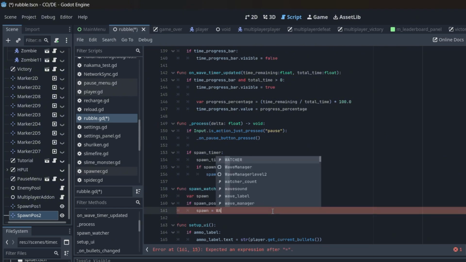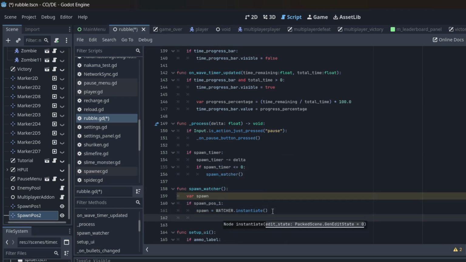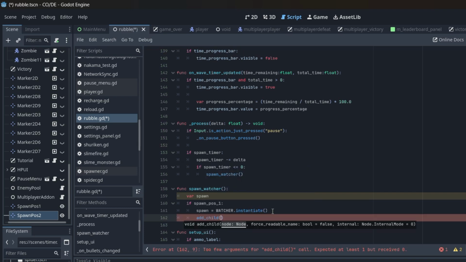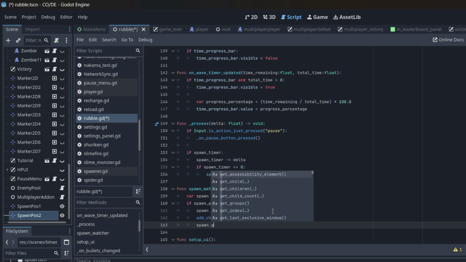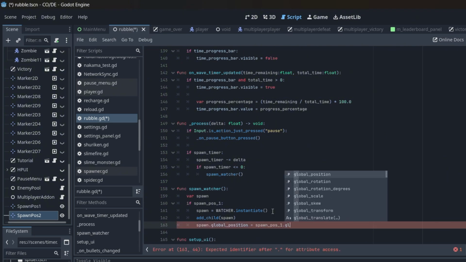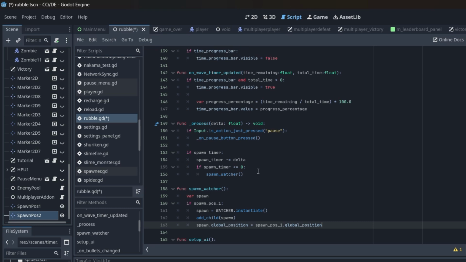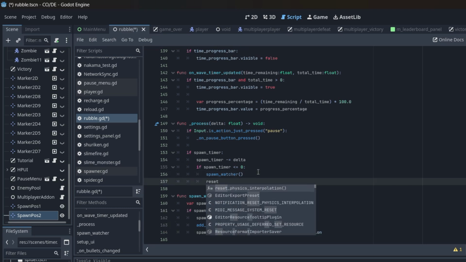Instantiate is the function that spawns the enemy, right? Then you add child spawn and you set the global position of spawn, which is the enemy that's been instantiated, to the global position of the Marker2D node. And you're good. Then you go back to the process function, and after the enemy has been spawned, you would want